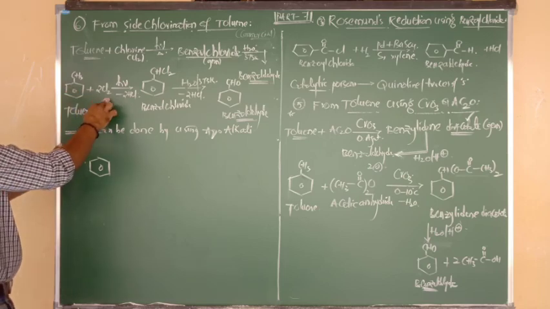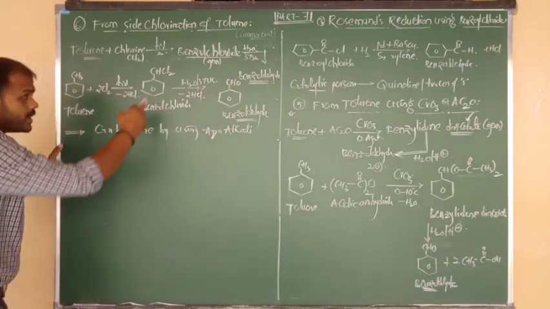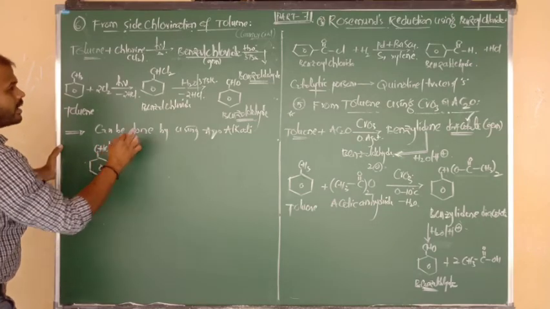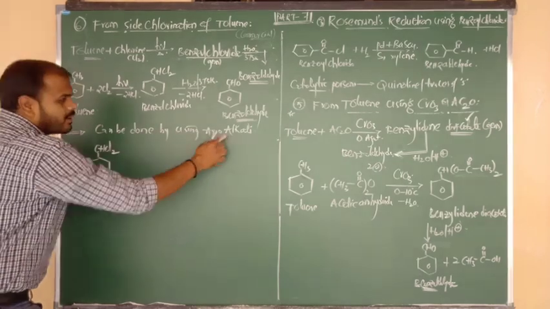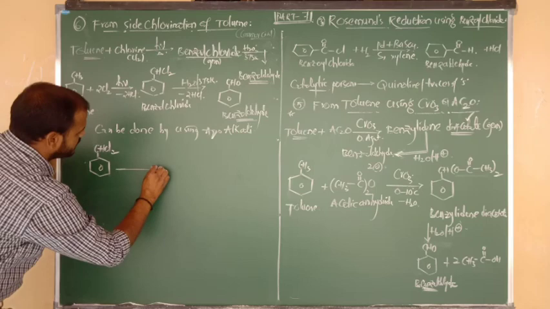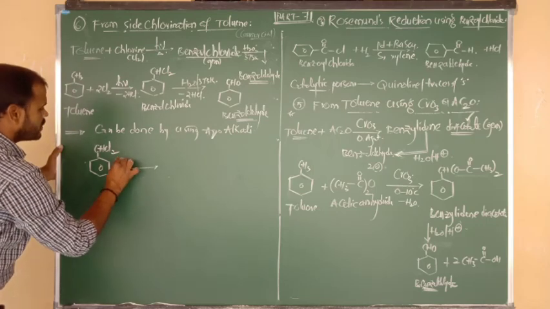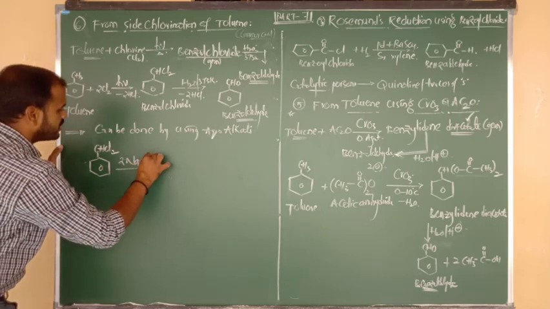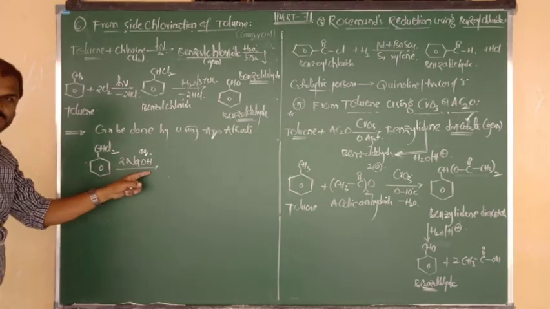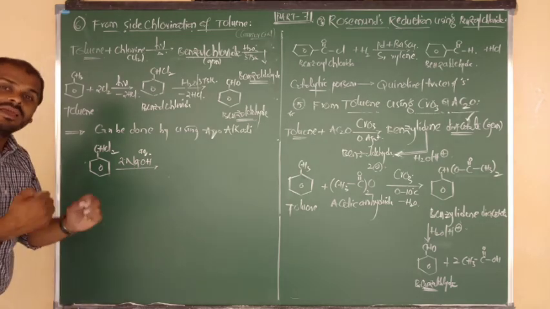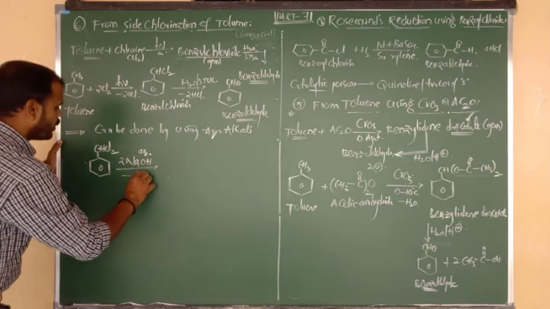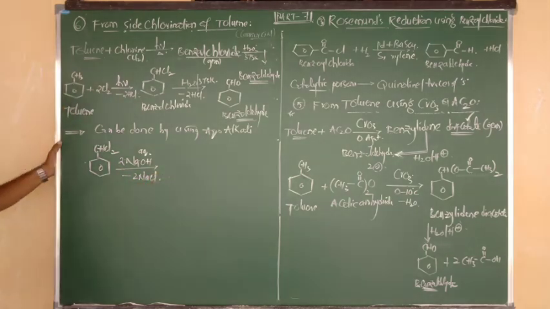Toluene on reaction with Cl2 in presence of sunlight gives benzyl chloride. Now such benzyl chloride, instead of simple hydrolysis, can undergo alkaline hydrolysis. So due to presence of 2 Cl, I consider here 2 moles of NaOH. Which type of NaOH? Aqueous NaOH. So aqueous alkali, aqueous NaOH, aqueous KOH, milk of lime, any alkali we can take. Okay, good. Now 2 sodium combines with 2 Cl and is eliminated in the form of 2 moles of NaCl.